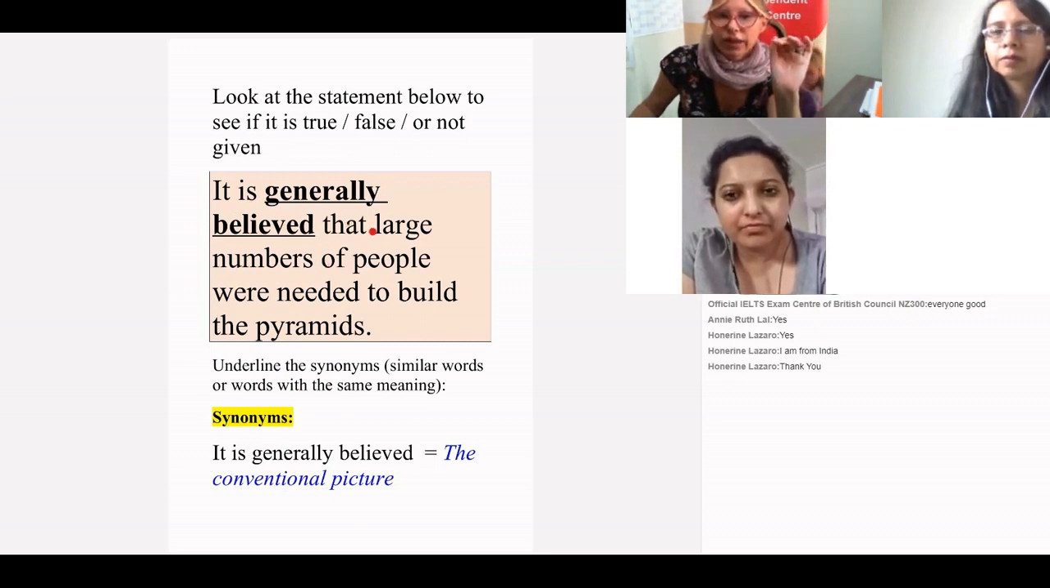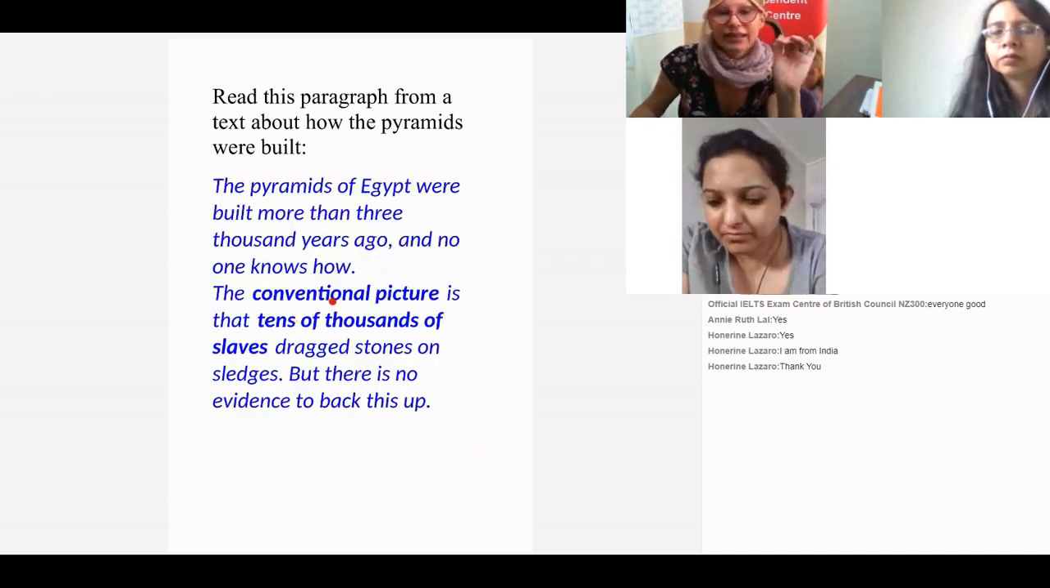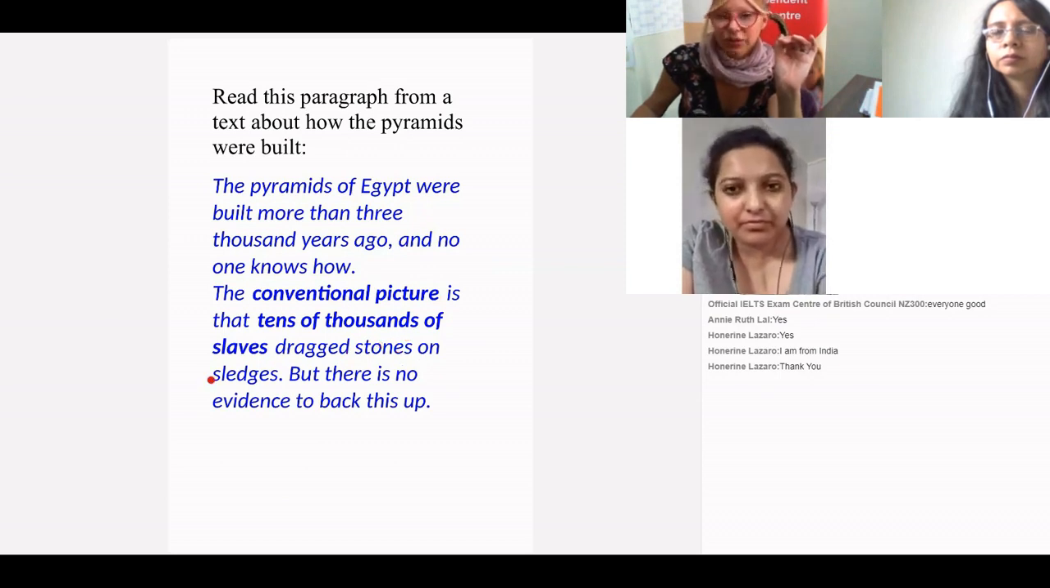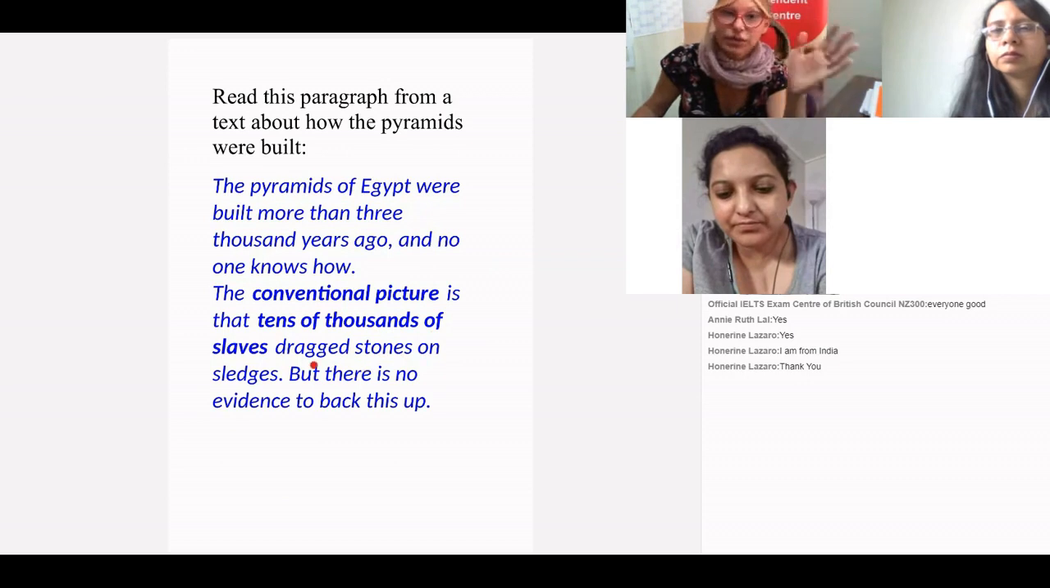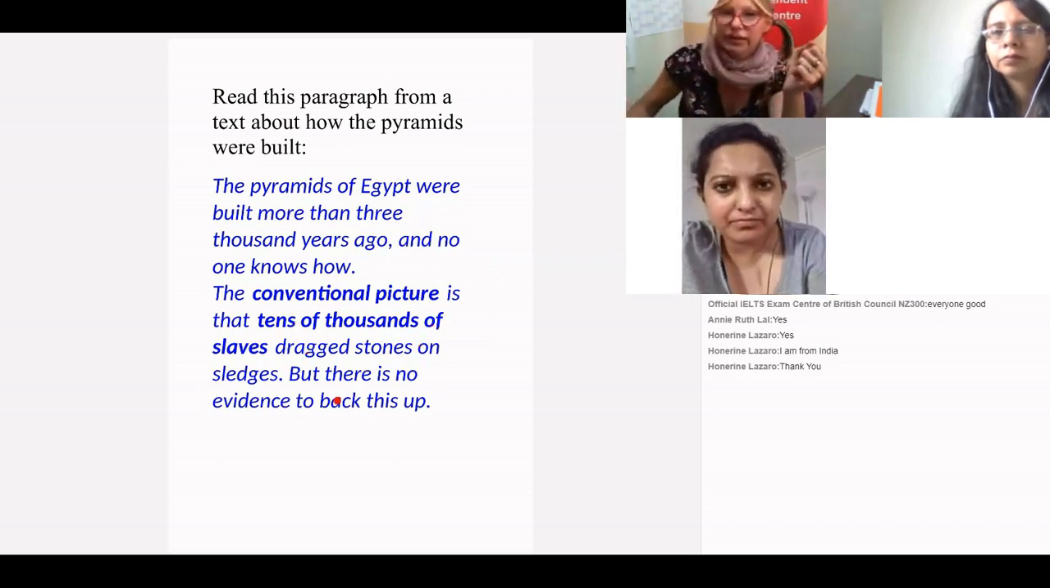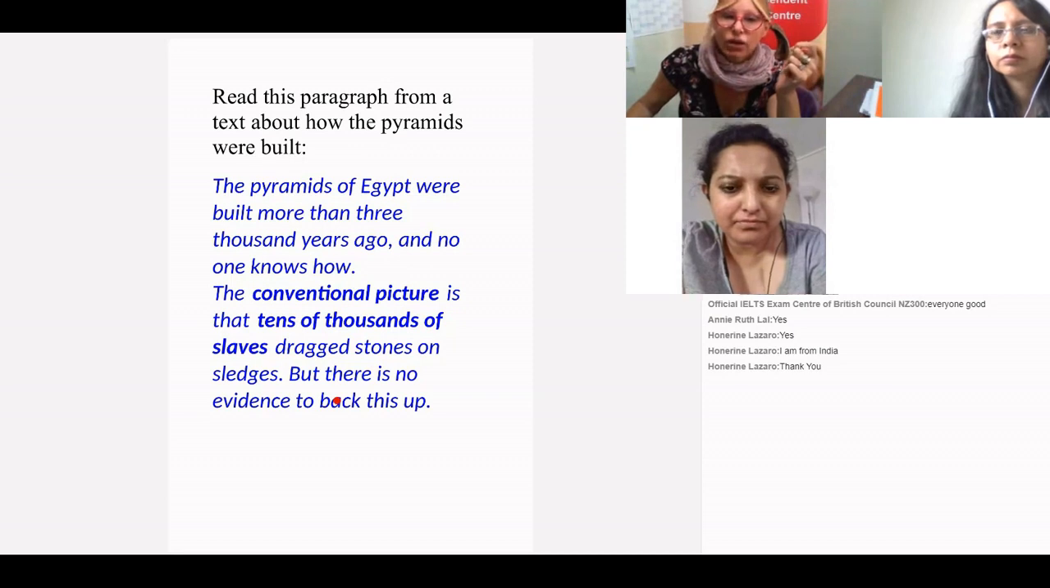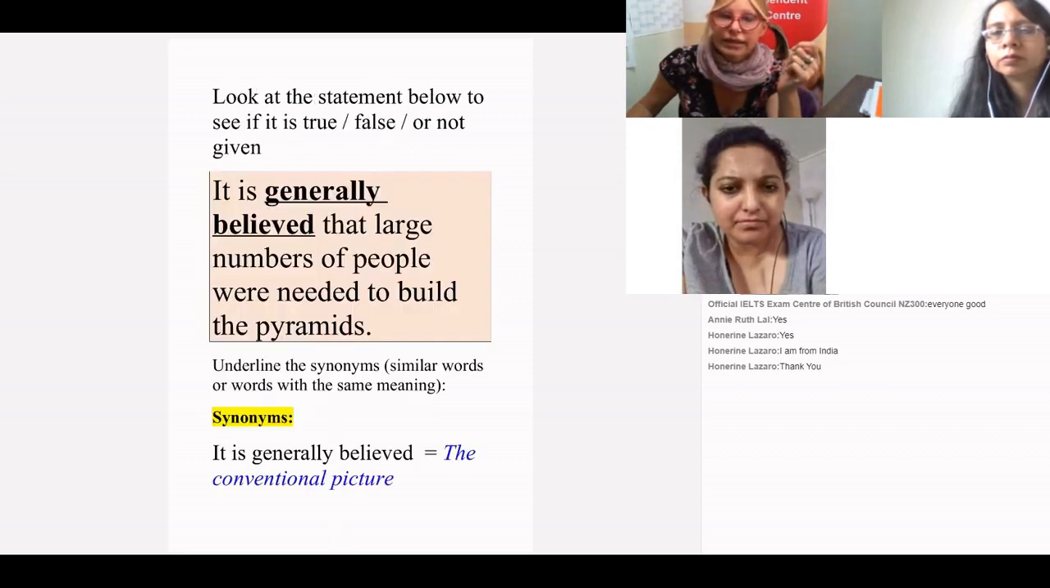The second part is we've got large numbers of people. Large numbers of people. Go back to the text, and can we see something there that says large number of people? Yes, we can see tens of thousands of slaves. Well, slaves are people who work as slaves. So therefore, our answer